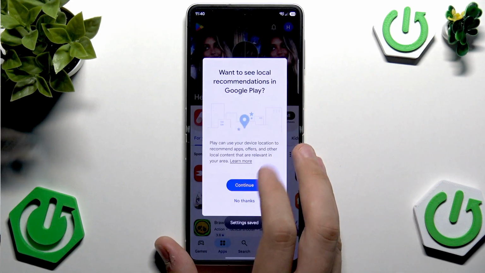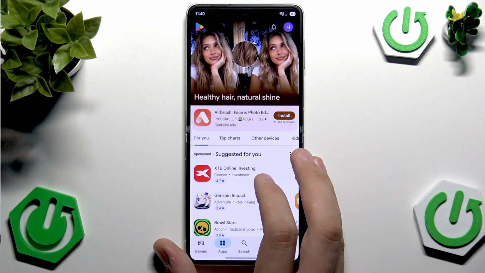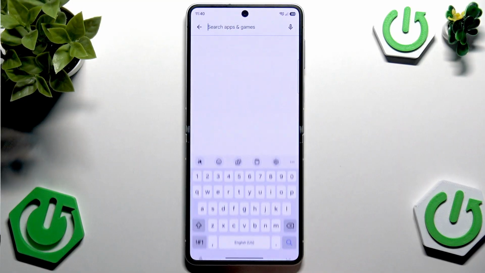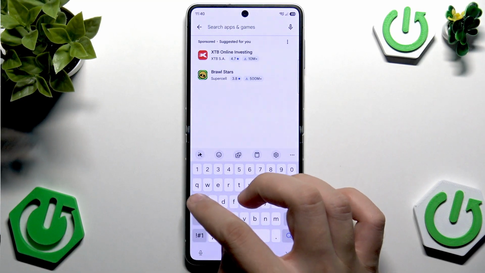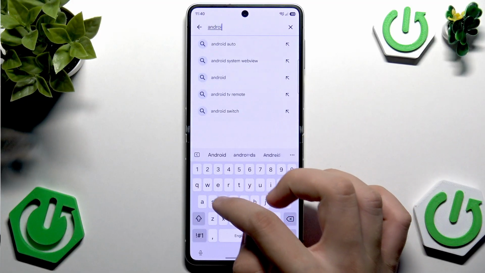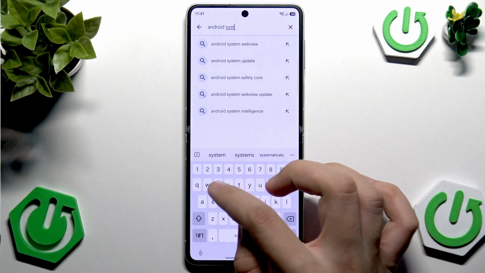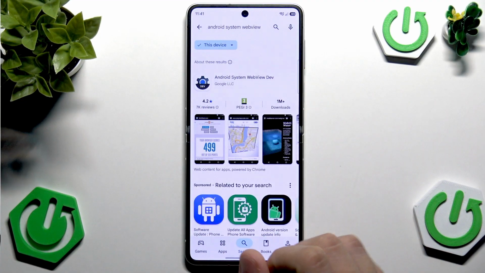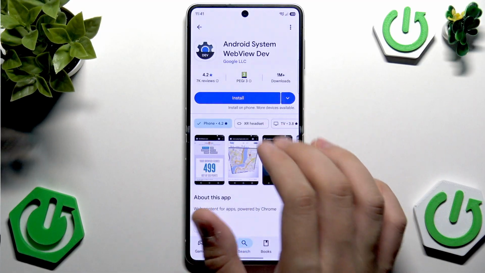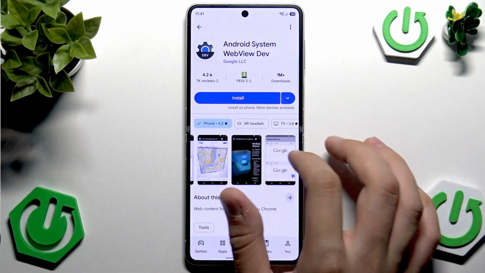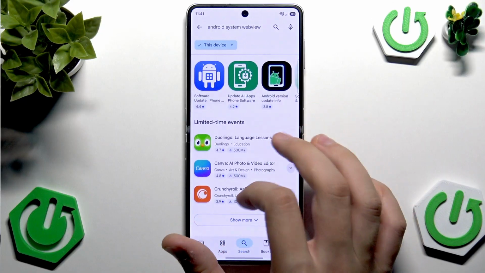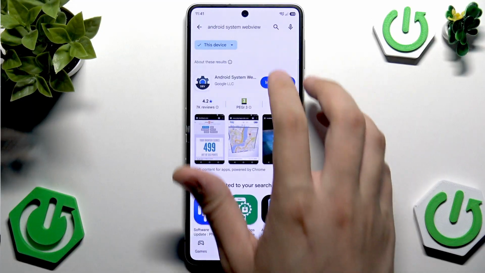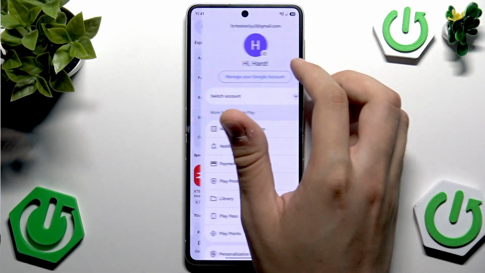Let me quickly set it up. And here in the Play Store you need to tap this search bar at the bottom. Now you need to type Android System WebView. Here I've got Android System WebView Dev, but we need to search for normal Android System WebView, and as I can see we don't have it here, so we need to tap this profile picture in the top right